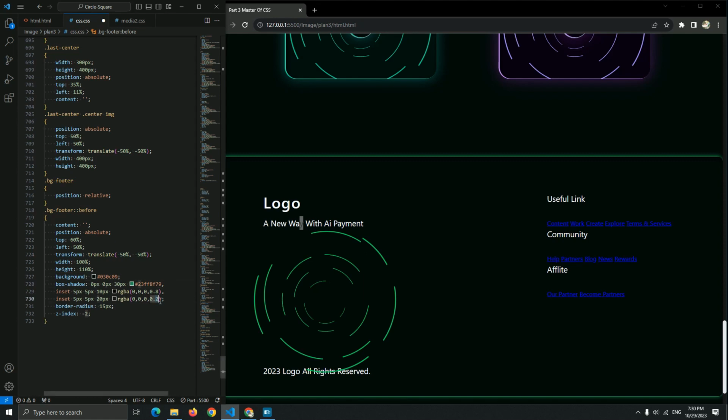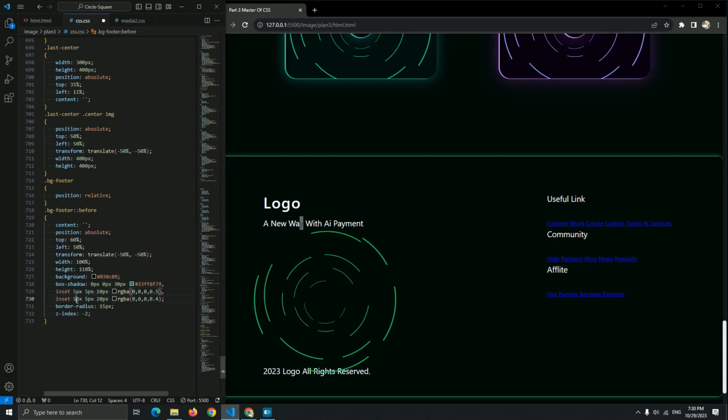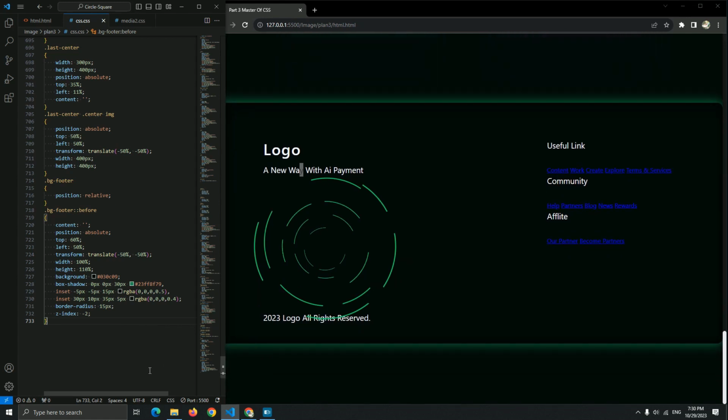For this RGB, it will be this, and this 50%, with this 40% of RGB, and let's make it 30 pixel, 10 pixel, 35 pixel, and 5 pixel. Yes. Okay, and for this RGB, -5 pixel, -5 pixel again, and 15 pixel. Yeah, now it's better, guys.